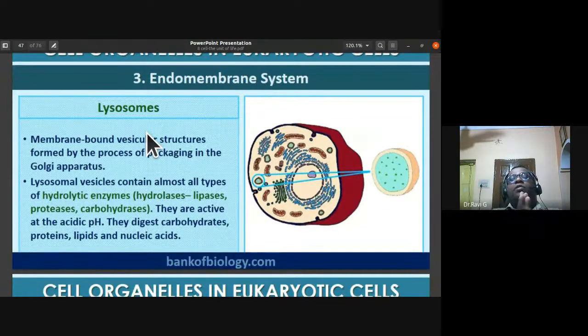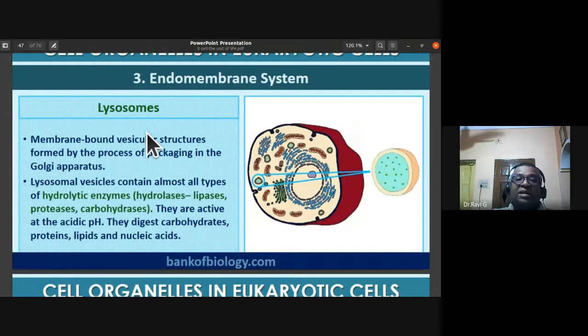For the Golgi complex, you have to remember one thing: they have flat, disc-shaped saccular structures called cisternae. They are convex shaped in the cis phase and concave in the trans phase. So they are the two phases that they have in case of Golgi complex. That is the structure of it. And Golgi complex is always found closely associated with endoplasmic reticulum because the materials secreted, forming the vesicles from the endoplasmic reticulum, are given at the cis phase and they pass out through the trans phase.